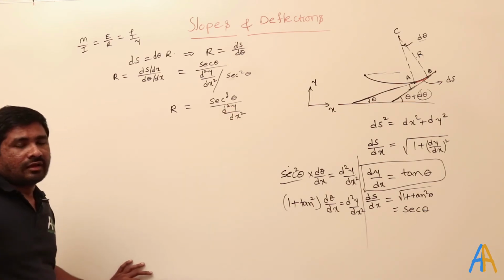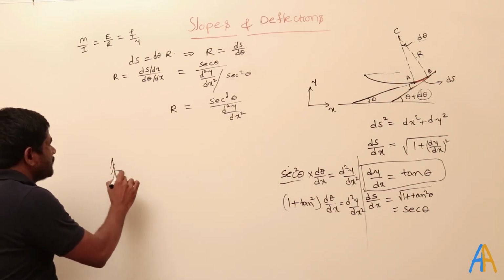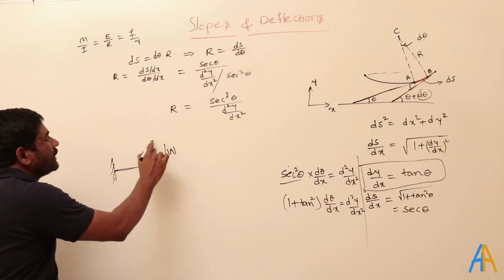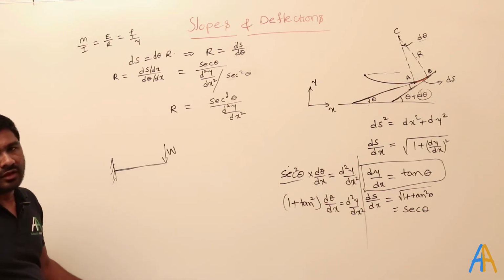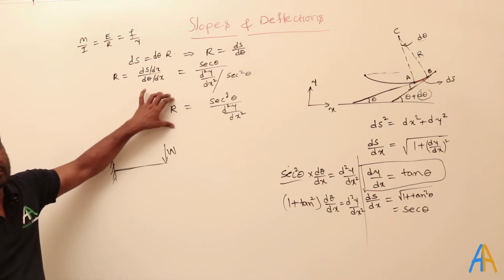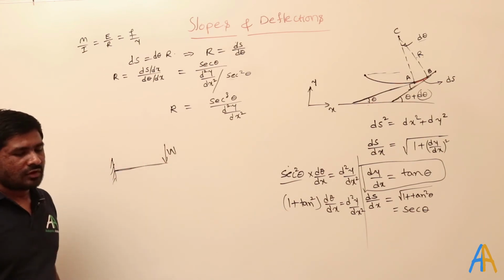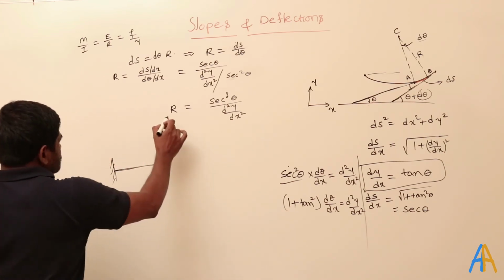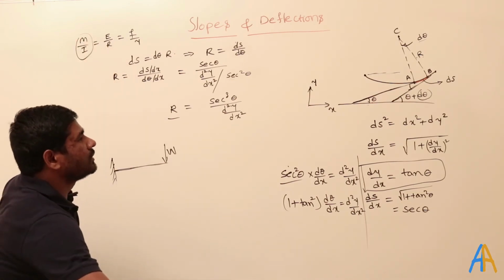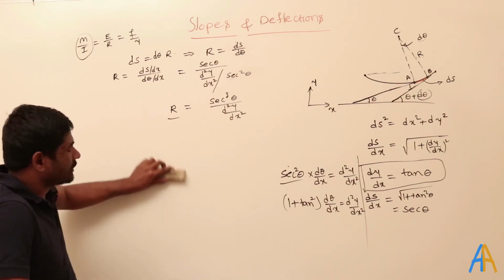But many times, when the problem is stated for you, for example, there is a cantilever beam, its dimension is so and so, and this much force is applied, then find out the deflection. That is what they are saying. They are not saying that when it is applied, this much radius of curvature is formed, then you find out the deflection. They are giving out the forces. So you cannot use this directly, but instead you can use the moment. Why? Because the resisting moment here can be found out from the forces that are acting on the beam.